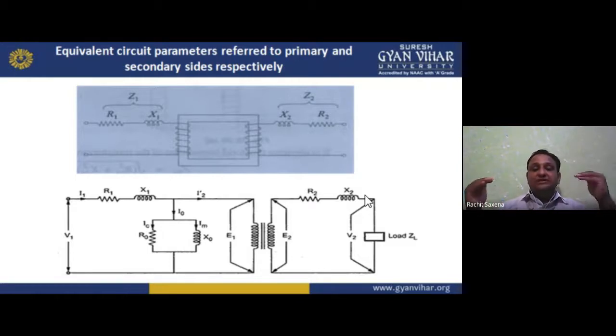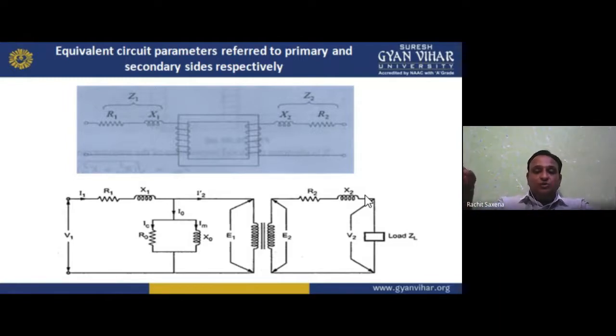So we can say phi 1 direction is this one, phi 2 direction is this one. But phi 2 and phi 1 will be opposite to each other, so they basically cancel each other out. If they cancel out, the Faraday law of electromagnetic induction will not take place and the mutual induction will not take place. So to counterbalance this whole condition, there will be some potential difference between E1 and E2.